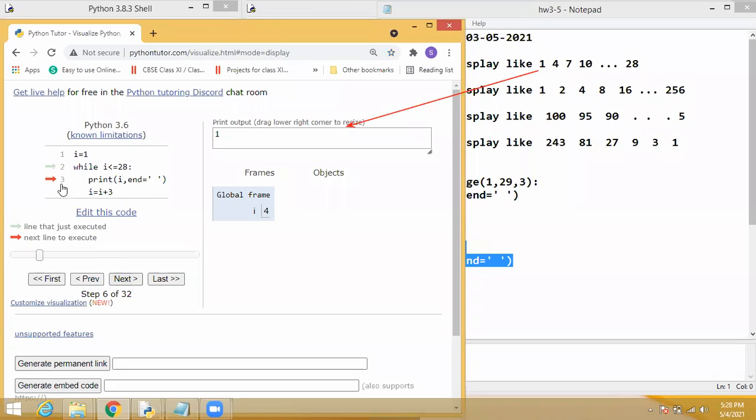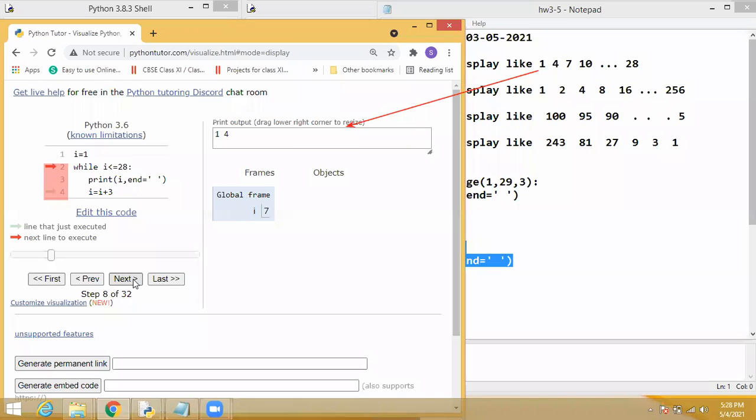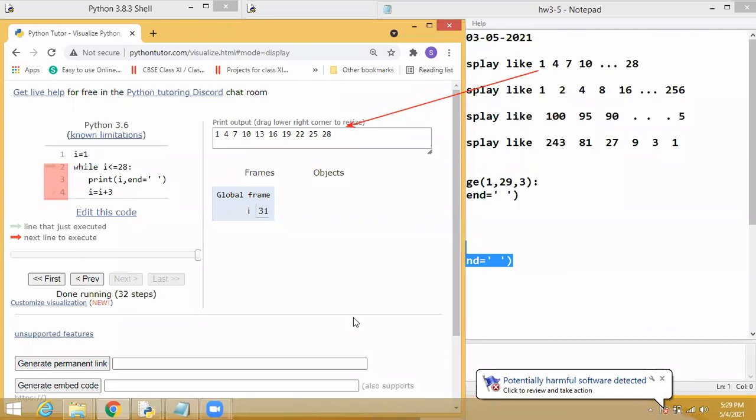Every time, see this symbol, students, it keeps on moving. Whatever line it executes, it will change. That is the flow of execution. Students understood? It changes the flow repeatedly, doing the same thing until the condition is satisfied. This is the definition. I'm just clicking next, so it keeps on executing the same kind of statements until the condition is satisfied. Once the condition fails, it will terminate. Students understood?